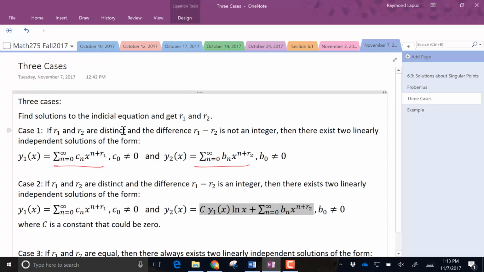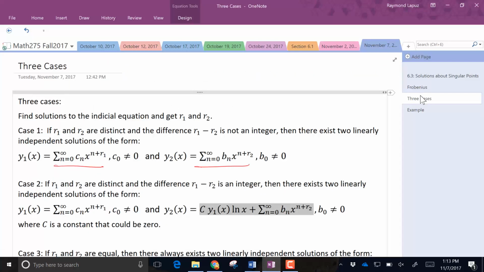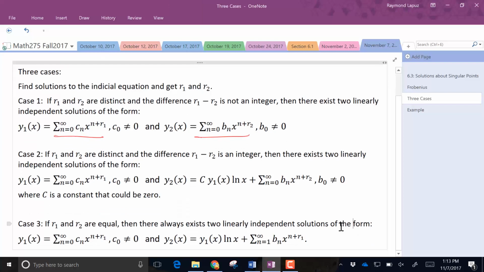Yeah, I guess what we're doing here is that we're assuming, just to make things easy for us, that x naught is equal to 0. If we assume that x naught is equal to 0, then that would make things a little bit easier. So yeah, if you take a look at these two, there's a really subtle difference.